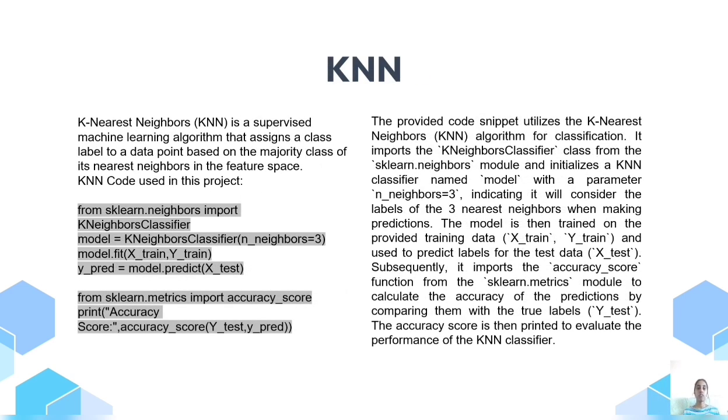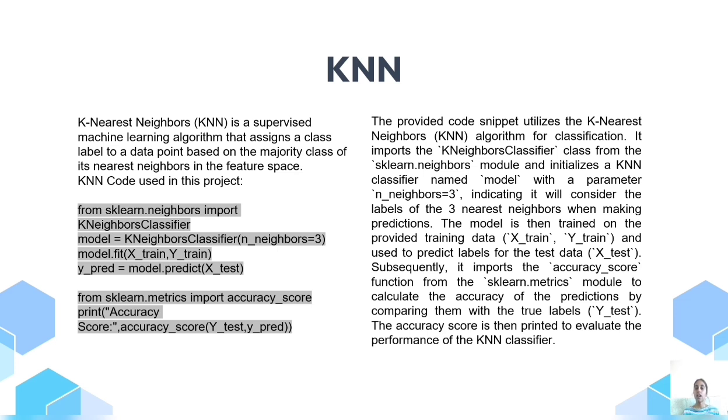K-nearest neighbors. It is a supervised machine learning algorithm that assigns a class label to a data point based on the majority class of its nearest neighbors in the feature space. KNN code used in this project. The provided code snippet utilizes the K-nearest neighbors algorithm for classification. It imports the KNeighborsClassifier class from the scikit-learn neighbors module and initializes a KNN classifier named model with a parameter n_neighbors equal to 3, indicating it will consider the labels of the three nearest neighbors when